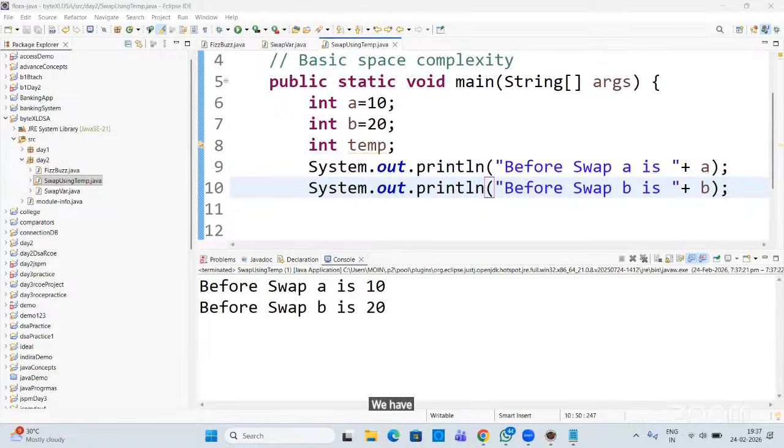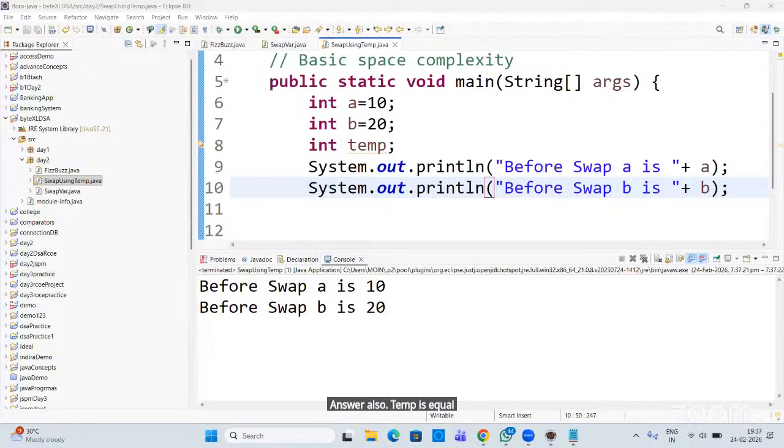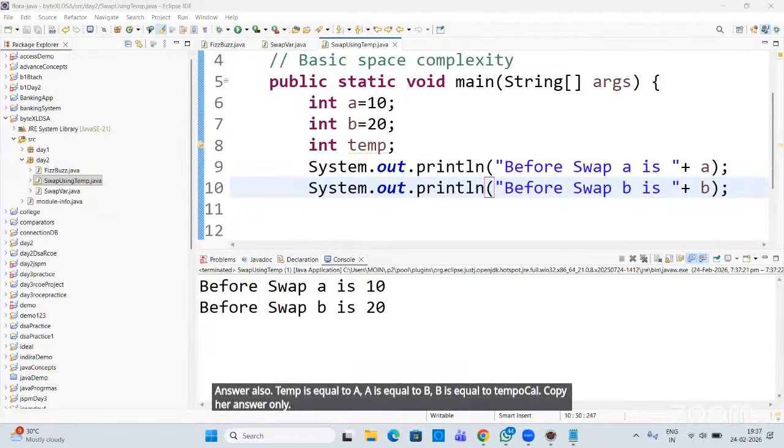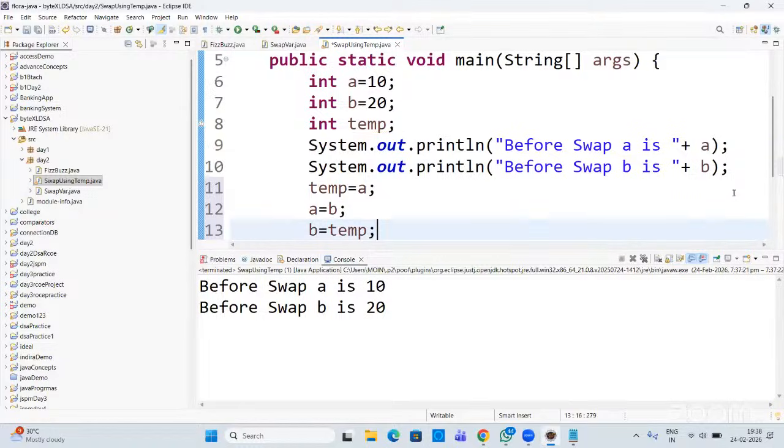We have LMS. Of course, you can see the LMS also. So now if you see Umme Kulsum has given the answer also. Temp is equals to A, A is equals to B, B is equals to temp. Okay, copy her answer only. Control C, copy. Paste it here and then